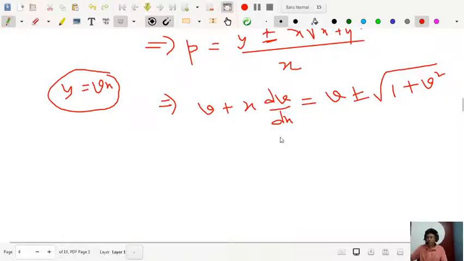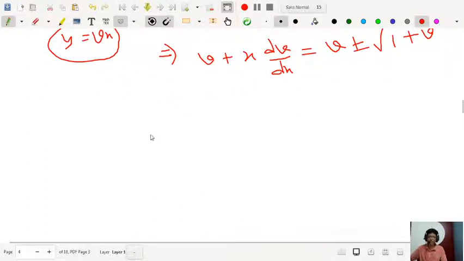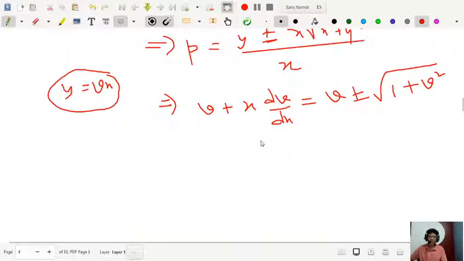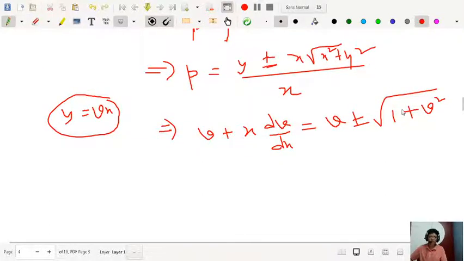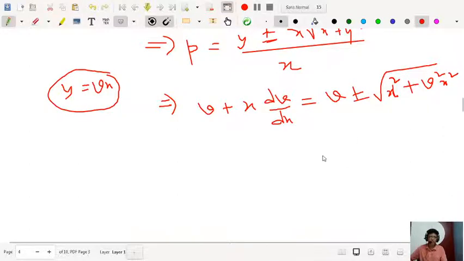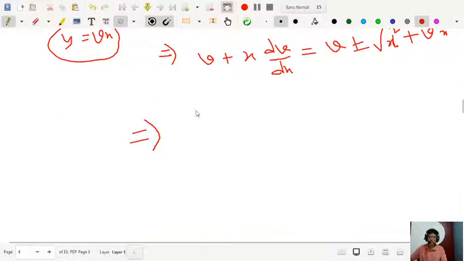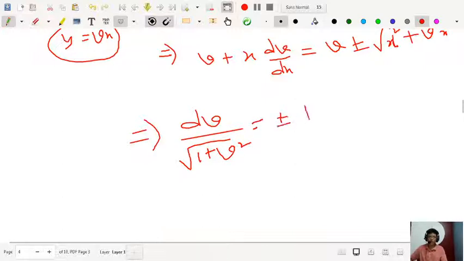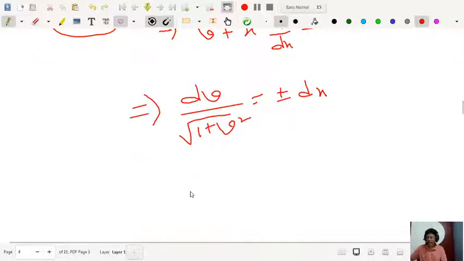So this is the thing. If you simplify this, v gets cancelled. y is your v square x square, and x gets cancelled here. So if you simplify this, this will be the reduced differential equation: dv over root 1 plus v square equal to plus minus dx, because x gets cancelled, and the solution will be